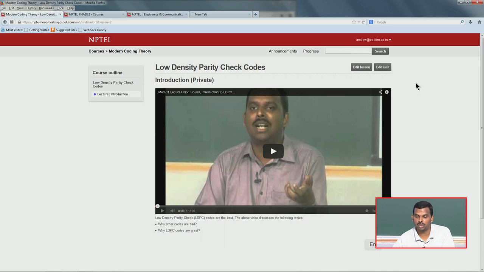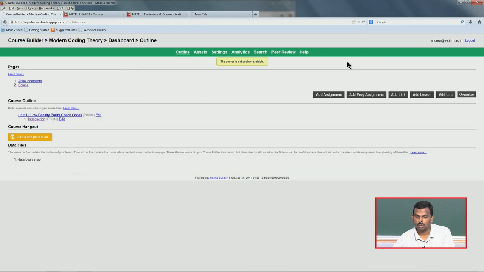So, let me just show you one more example of quickly creating one more type of content, and then we will go back. So, once again, how do we create content? You go to your login part, just hang your mouse, show your mouse somewhere there, this menu will pop down and click on course dashboard. Okay. So, if you want to add more units, so you want to add one more unit, okay, let me just quickly do that.